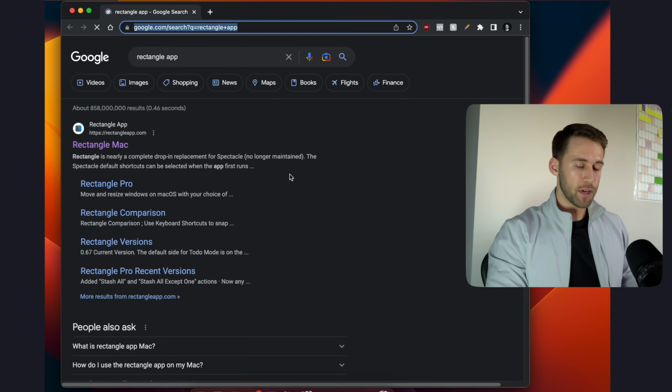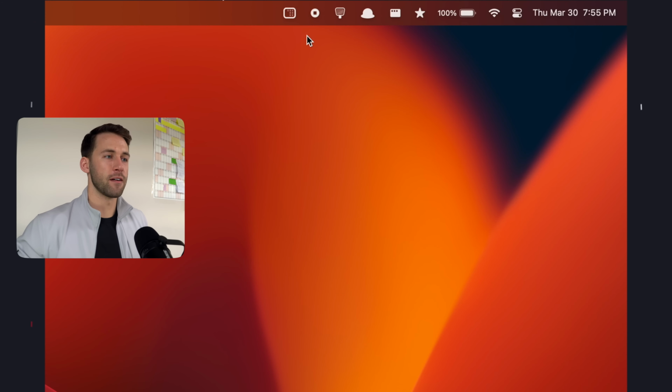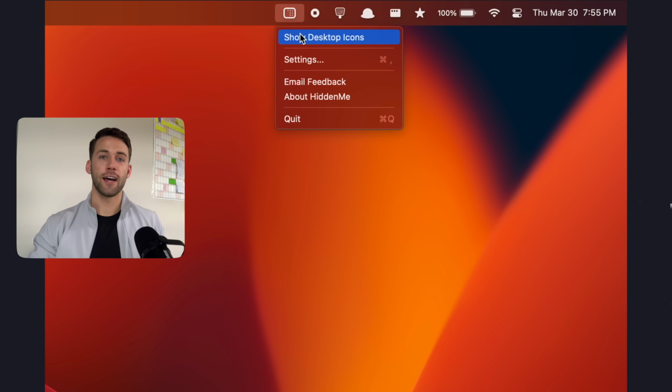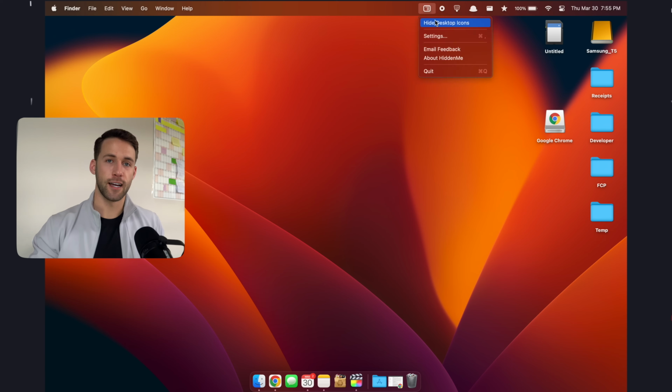which you can customize however you want. Next up is an app called Hidden Me, and what makes this app so powerful is this small little menu icon it gives you up here that allows you to temporarily hide all of the files and folders on your desktop. Now this is perfect for any minimalist out there who just wants a clean looking desktop and to be able to access your files whenever you want. For me, I use it to hide everything on my desktop when I'm doing screen shares during my Zoom meetings